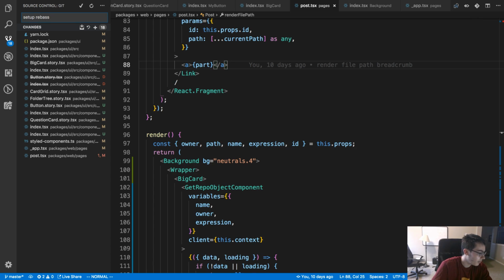Wait, that's the element you want to be full screen? You should just set a background on the body instead. Yeah, that's actually way better, to be honest.